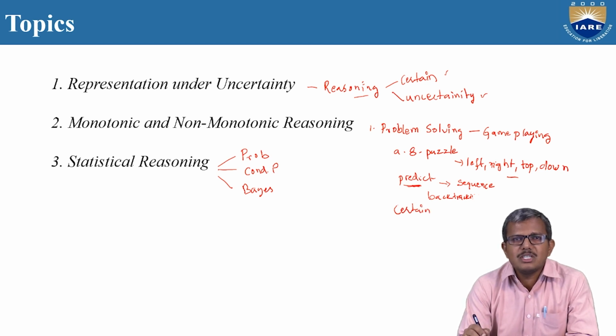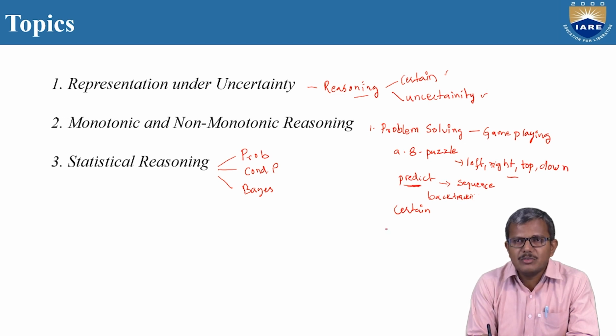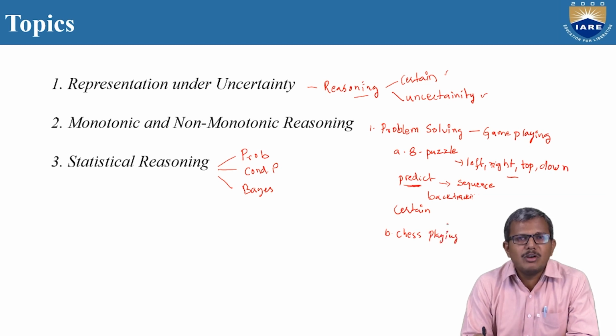Okay, so the situation is completely certain, right? Why? Because we are able to predict what is going to be the next state to come. But when it comes to the other example, for example, the chess playing game, it will be somewhat difficult to identify what the next step will be. What step we are going to get is very difficult to predict. Why? Because it completely depends upon the